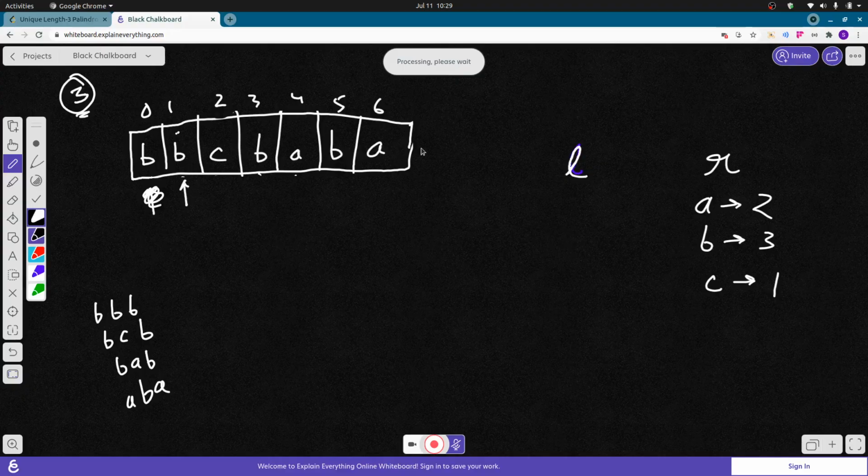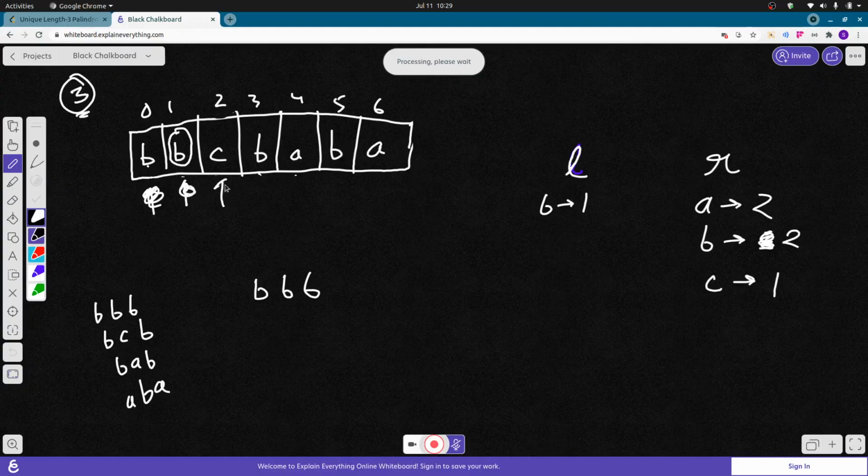When I move ahead, the number of B's on the right will decrease. It will become 2 and the number of B's on the left will become 1. Here I am excluding this B. So I will see that on the left side there is a B, and on the right side there is also a B. So my first string will become BBB. That is a palindrome. Nothing else can be made here.